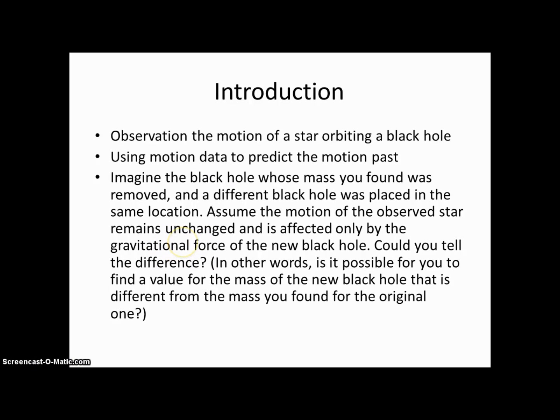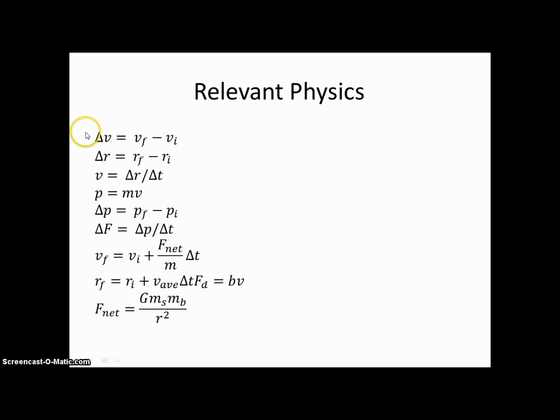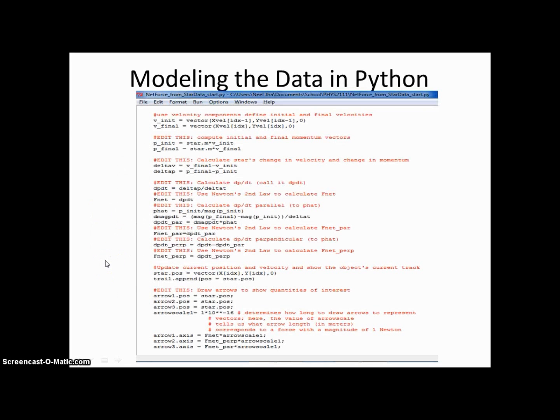Physics Lab 3, and in this lab we observe the motion of a star orbiting a black hole and then use that motion data to predict the motion path. And these are all the relevant physics equations for this lab. We modeled the data in VPython, using it to extract data from a CSV file and then calculate all